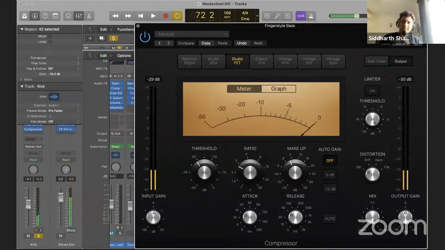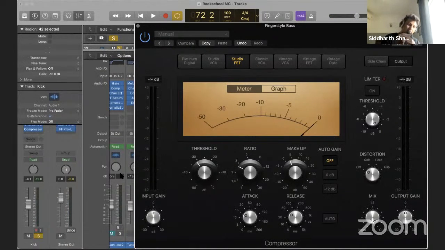Okay. The other thing I could do is a very popular technique these days and you can use it. See, right now what's happening is that the compressor is triggering up, it's reacting to the bass notes, right? What I could do is a technique called side chaining. Side chaining is basically when you want the compressor to be triggered by another instrument or another source. So here what I'm feeling is that overall the frequency spectrum of the bass is sounding nice. You can hear the notes, it's nice and punchy. But I feel that on the first transient, the first hit of every kick and the bass, there's a bit of